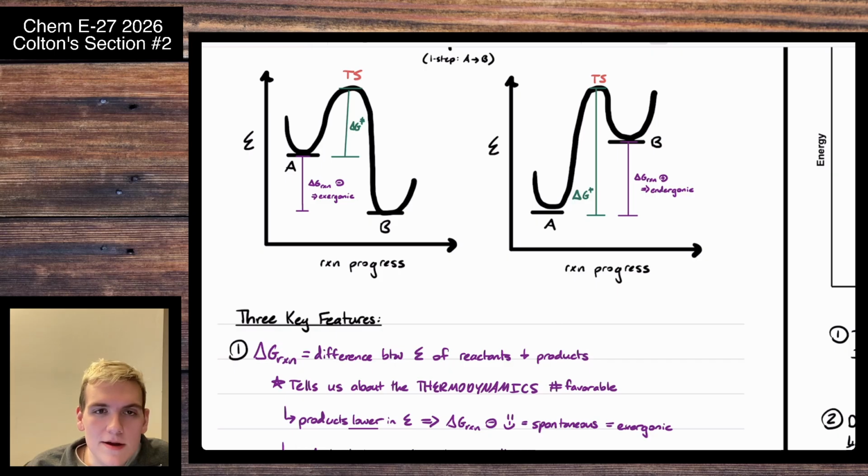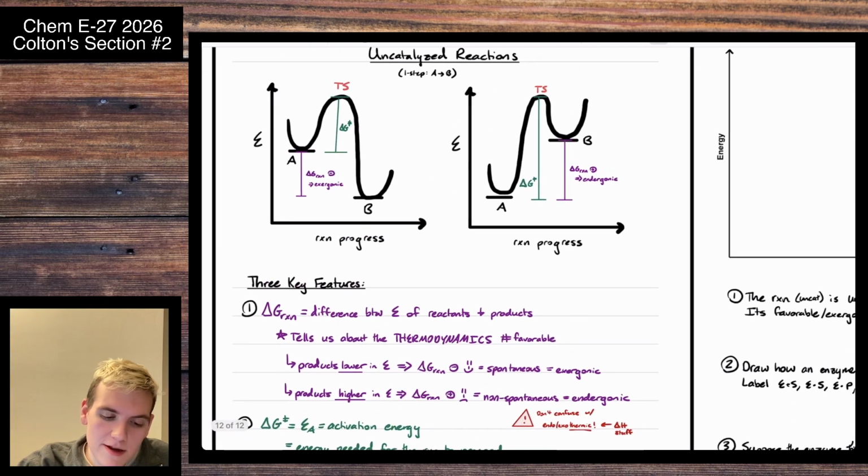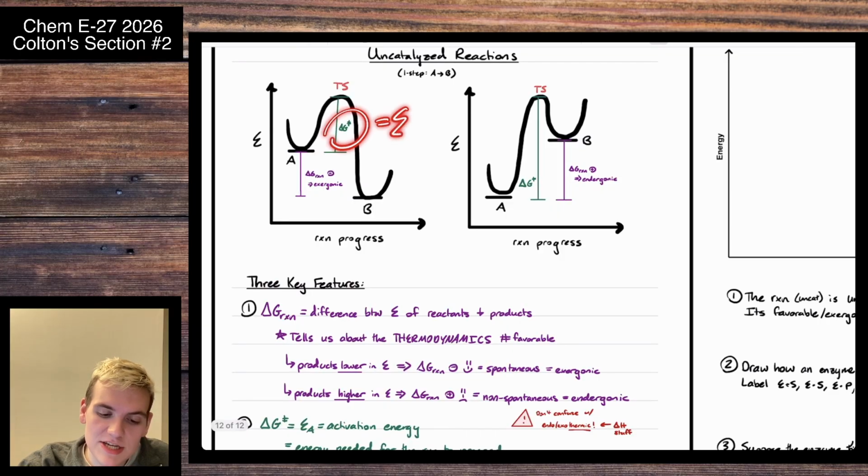Delta G double dagger is essentially equivalent to our activation energy. It is the energy difference between where we start and the highest point in energy here. And it's the energy that we have to invest in the reaction in order for it to do something. So our energy barrier. This energy barrier, we said it's also the like activation energy in something like the Arrhenius